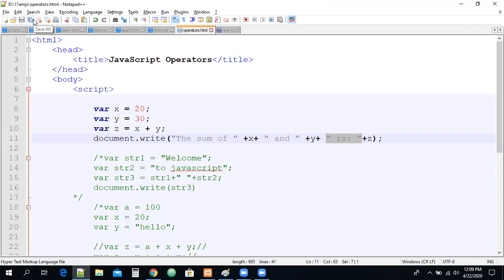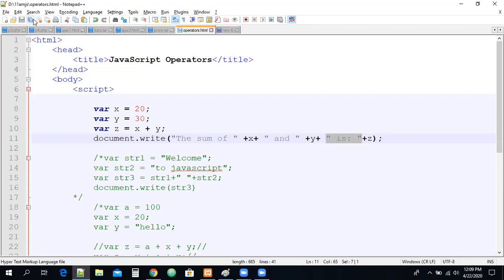See here, addition of two numbers is not the important thing. Try to understand how we can join a string and a variable. So this is how we can join a string and a variable, guys. Here plus is used as a concatenation operator in our JavaScript, right? Try with numbers and strings also, it is going to be a different behavior, guys. Now we can see this is nothing but a string operator, guys.